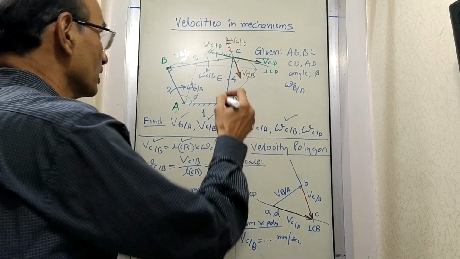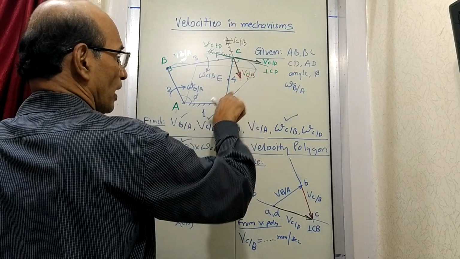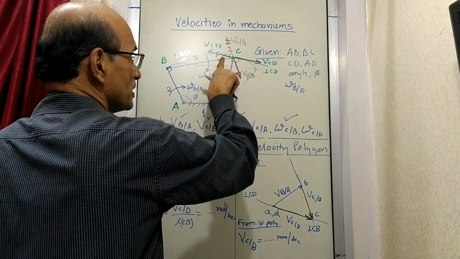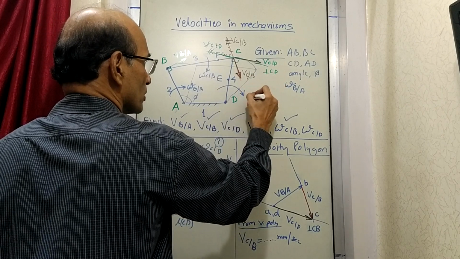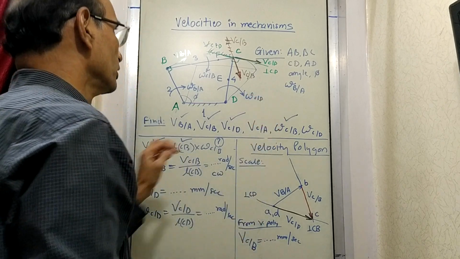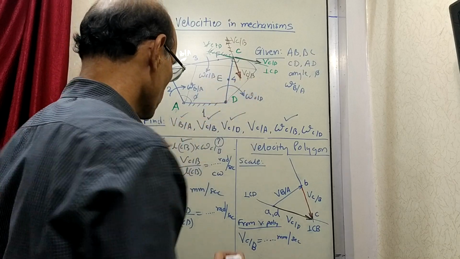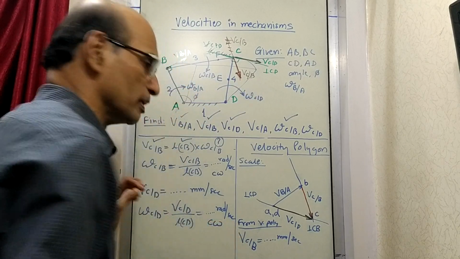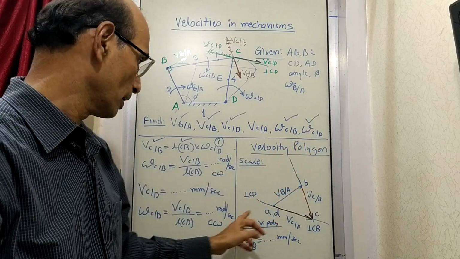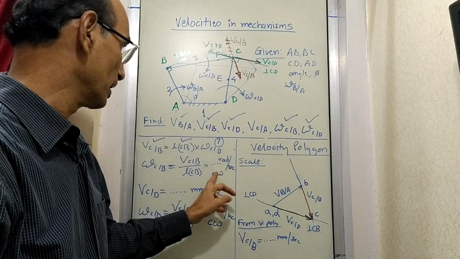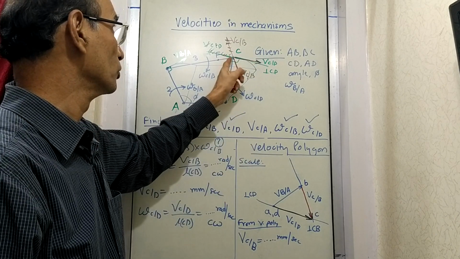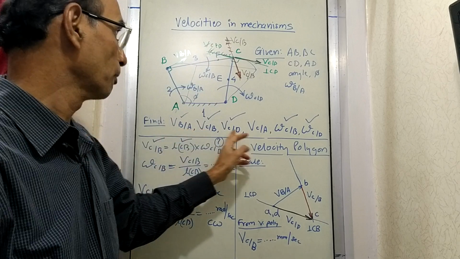So where is this vector here? This vector is going this way, and you are looking at point C by standing at D. So when you are at D and C is going there, that means angular velocity will be like this. Angular velocity of C related to D is like this, which also is clockwise. So we write like this. Now this is completely known by magnitude as well as by direction. Velocity of C related to B we found like this. So everything is found out, only this is remaining.